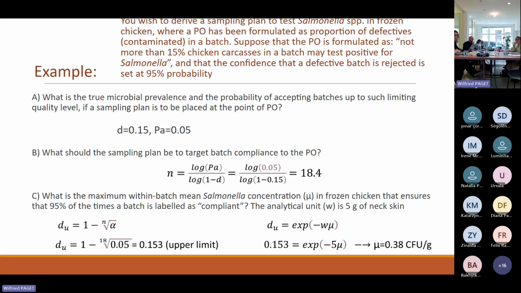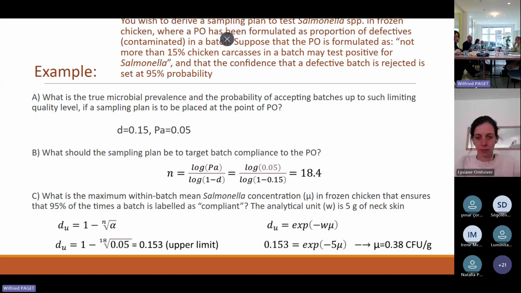Suppose that you wish to derive a sampling plan to test Salmonella in frozen chicken. And suppose that the performance objective is formulated as not more than 50% chicken carcasses in a batch may test positive for Salmonella. So that means this is your value. This will be your value of D. Okay, and